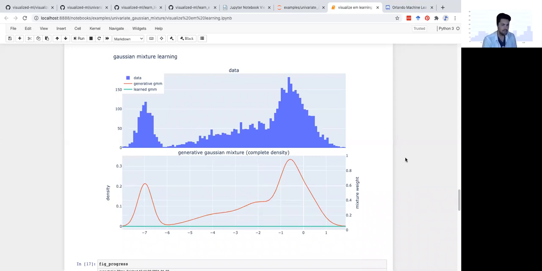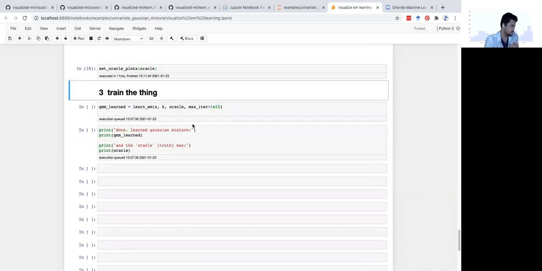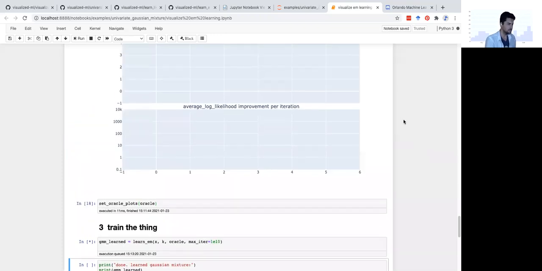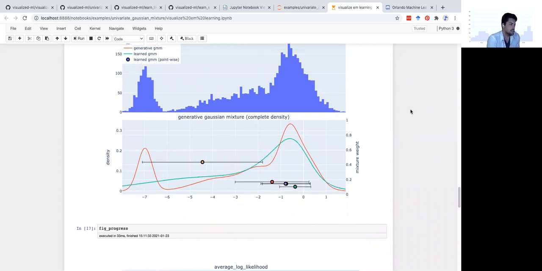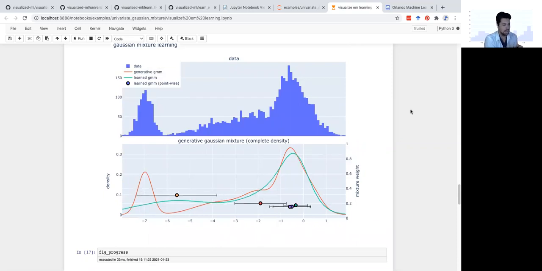Those are the things to learn, and I'm going to go over a few different ways to learn them. Here I'm going to show a visualization and explain how this actually works. This is an algorithm called expectation-maximization, where we start with an initial guess for what we think the mixture components are in terms of their weights, their centroids or means, and their standard deviations. And then this algorithm iteratively updates those values to improve the fit.